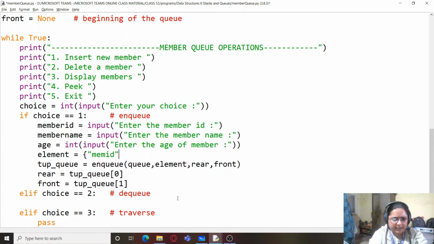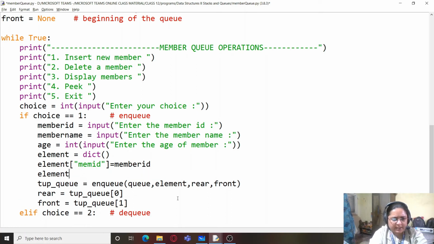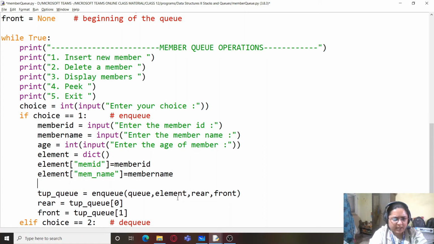first is mem id, and the value given will be member id, or I can simply write dict element mem id equals member id, element member name, that is mem name, equals member name, and element age equals age, simple age.